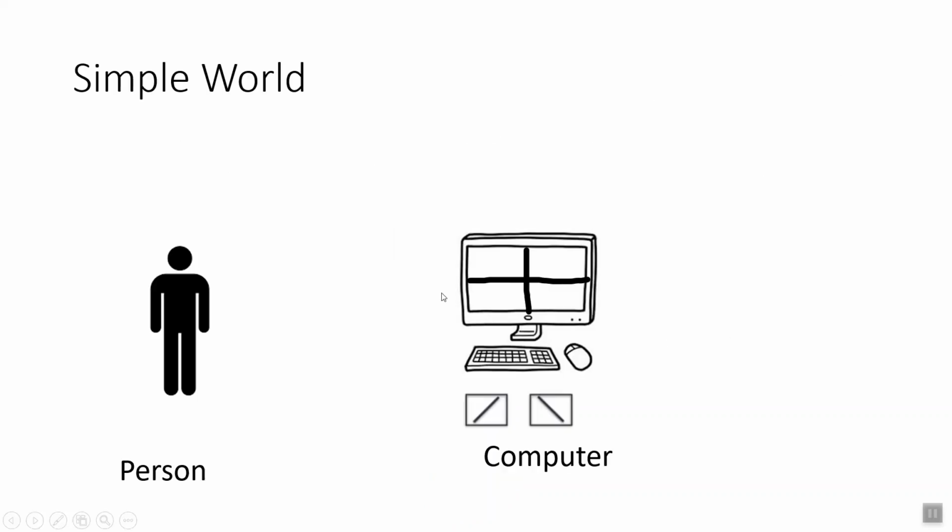In this simple word problem, a person has a simple world with one computer. It has a screen with a resolution of 2 pixels by 2 pixels, and it has a keyboard with 2 keystrokes. The reason is 2 keystrokes is that in this simple world our alphabet has only 2 letters, a backward slash and a forward slash.